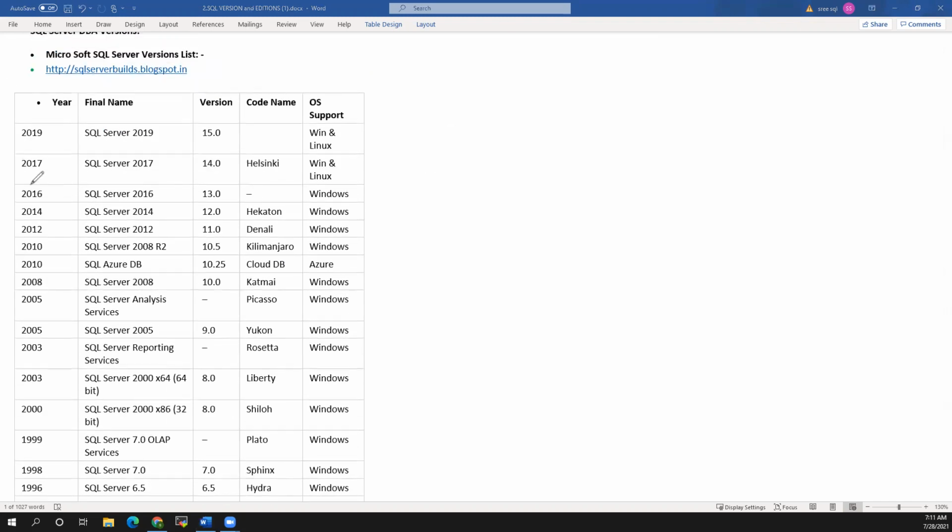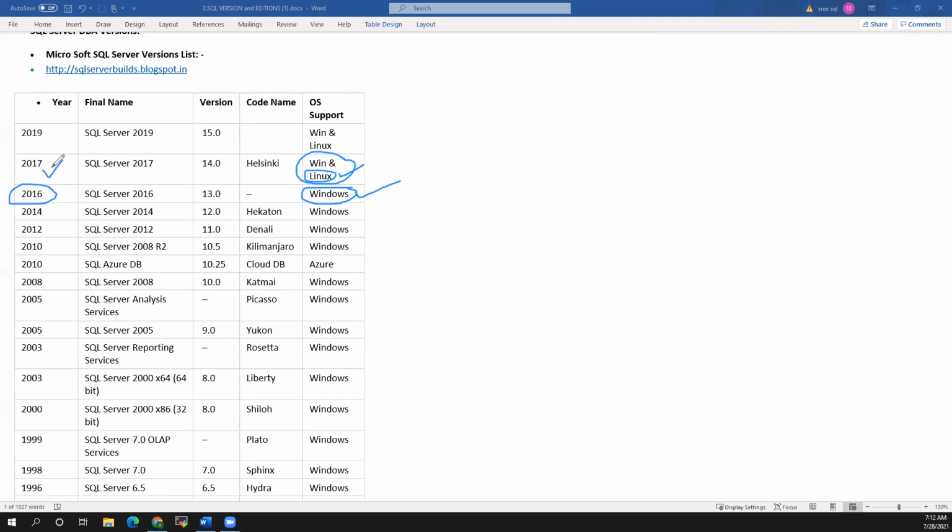Okay. So what is the achievement for Microsoft? Till SQL Server 2016, it was running on Windows only. But from SQL Server 2017 onwards, they released the software for Linux machines as well. Before that, it was platform dependent.